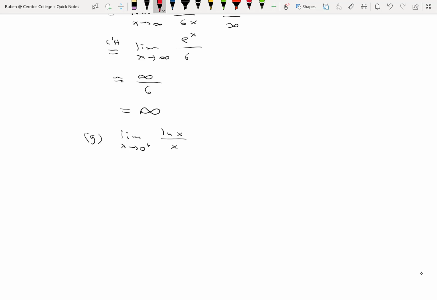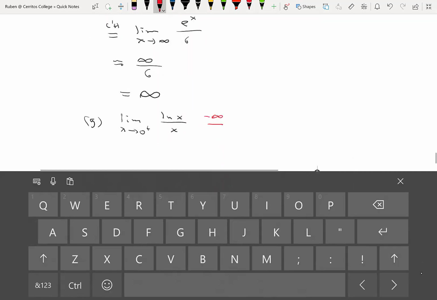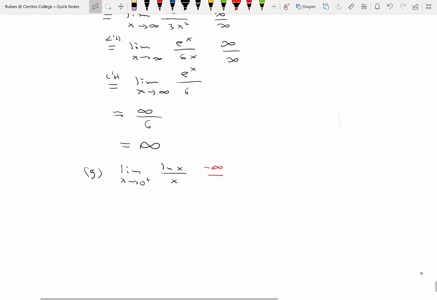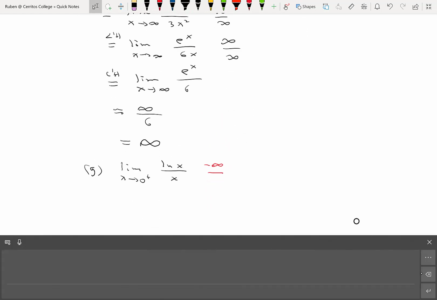What's happening to this function as x approaches 0 from the right? As x approaches 0 from the right, the logarithm's approaching negative infinity. Let's look at the graph of the logarithm above. As x approaches 0 from the right, the logarithm